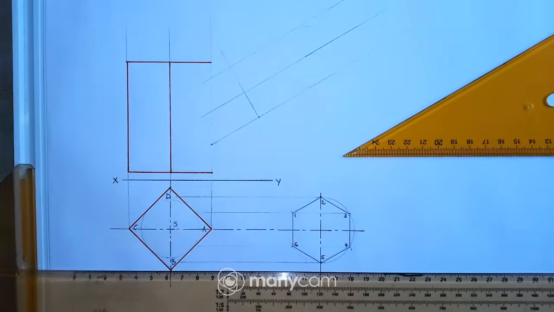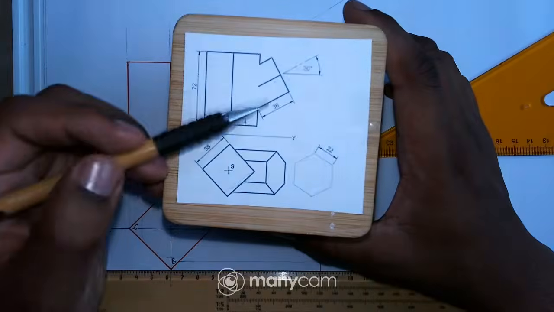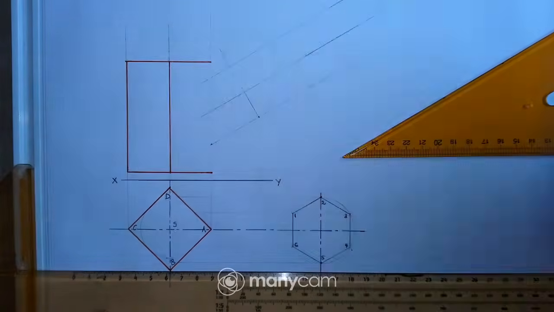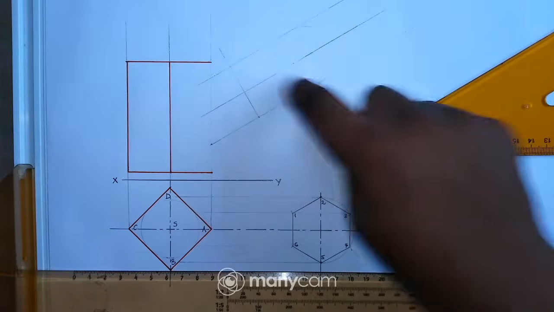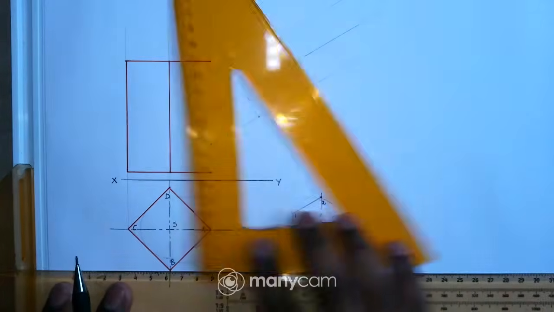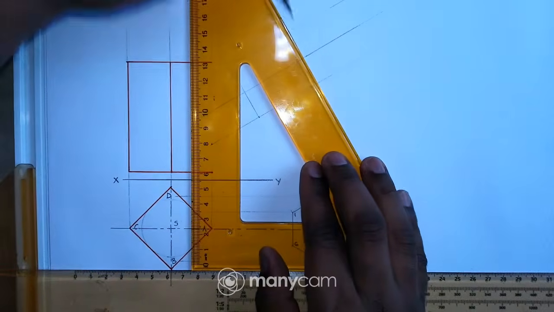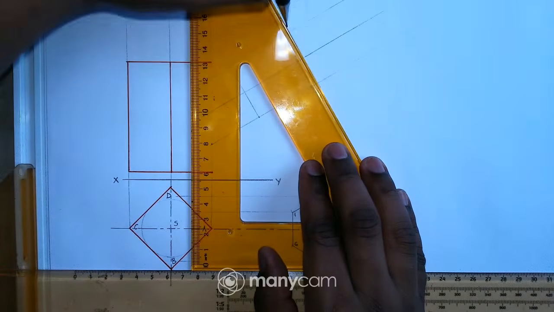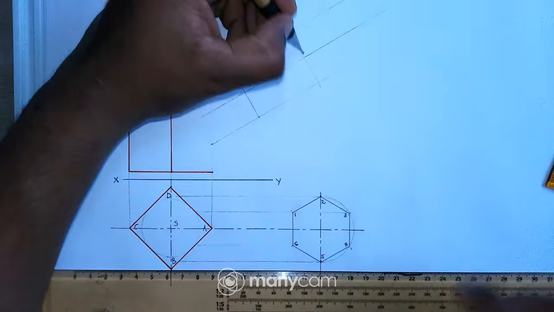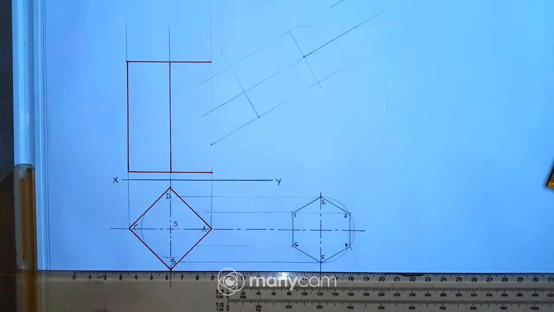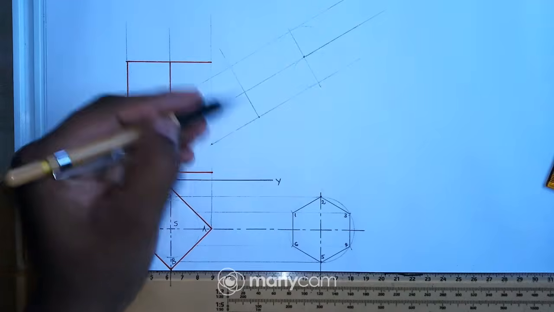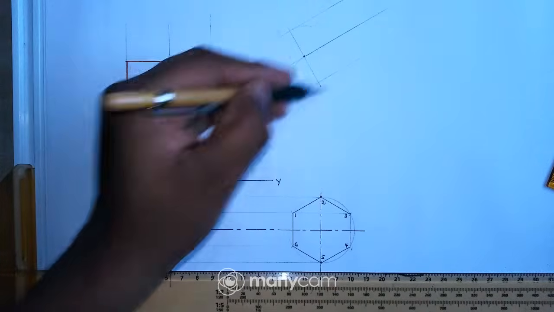Those lines are this 3 here, right? Okay, so remember I said I want to just draw an auxiliary view there. So now I'll just add a line there. Okay, this is the center point, right? Remember this part is the hexagon, right? So I'll have to draw the hexagon there.